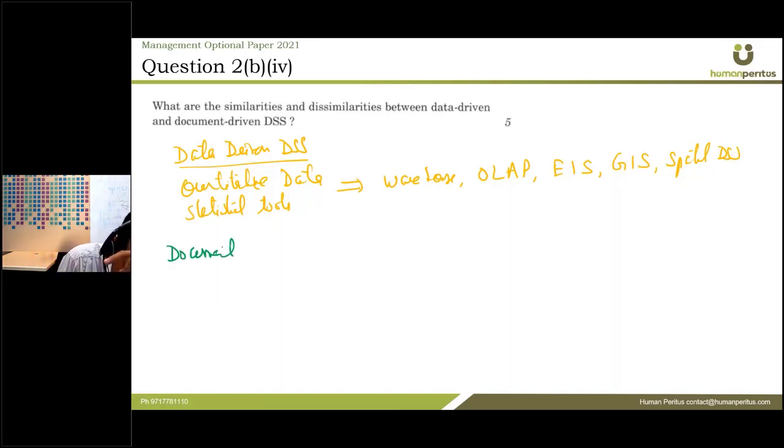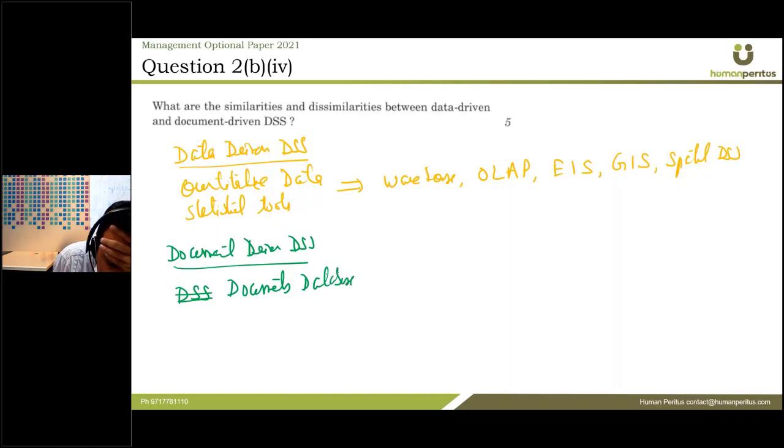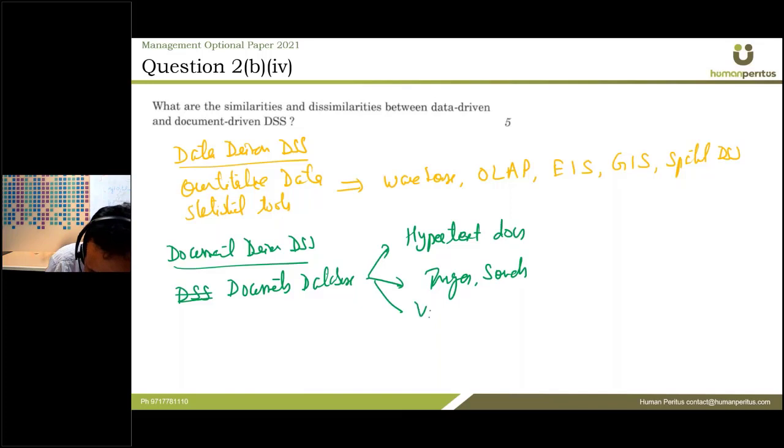On the other hand, what is document driven DSS? So here data is in the form of not quantitative data, but in the form of documents. Now this document database can be comprised of maybe hypertext docs, or other things as well. It can also have images and sounds or videos, or any different kind of web pages